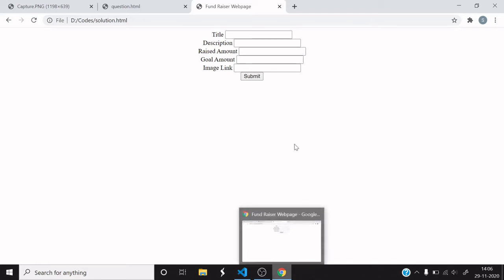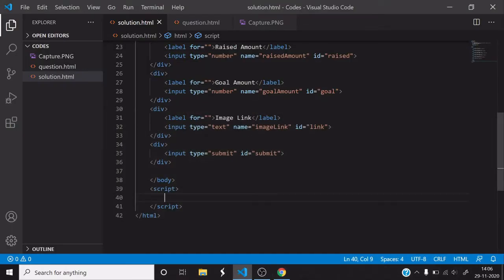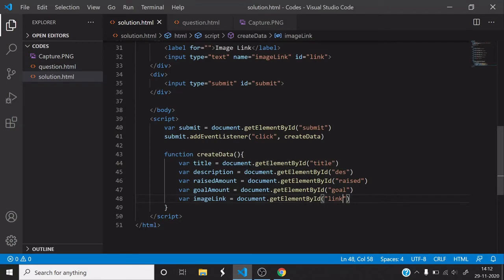So first I need to hold this submit button. This submit button is here, but this is HTML code and it doesn't know how to take it. So we need to create it in the script with JavaScript. It will extract this particular field and we need to take the value from it.